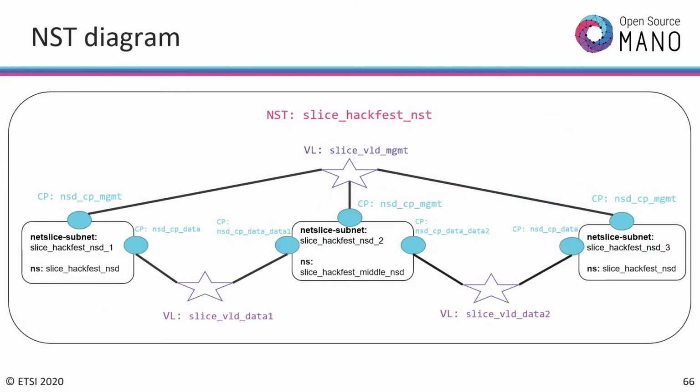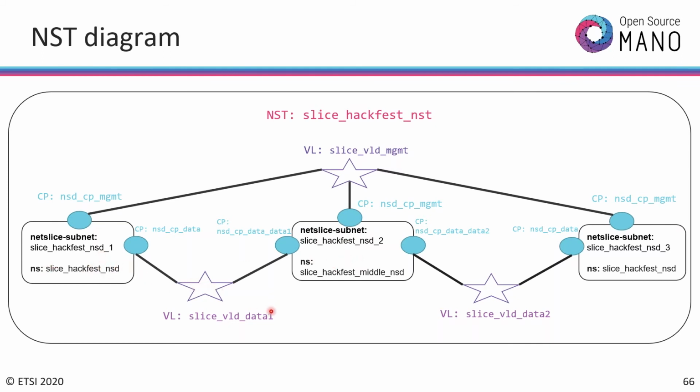So the goal for today in the hands-on session is to create this network slice template. Okay, in OSM we use a network slice template in order to model what we're going to deploy in our slice. So for today we have a slice that's composed of 3 network services. These network services are named, in the slice concept, network slice subnets. Okay, a network slice subnet is a network service,